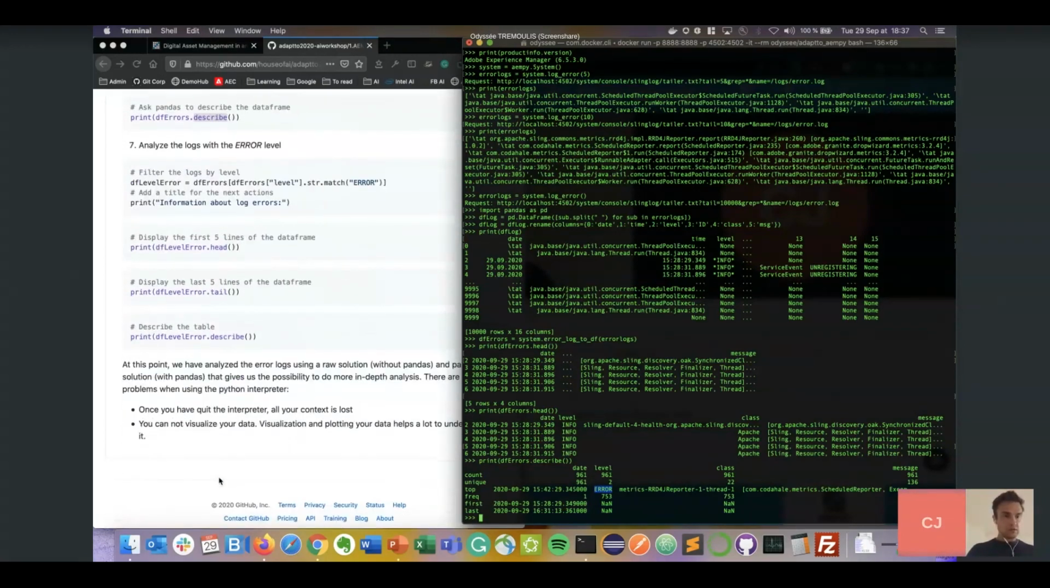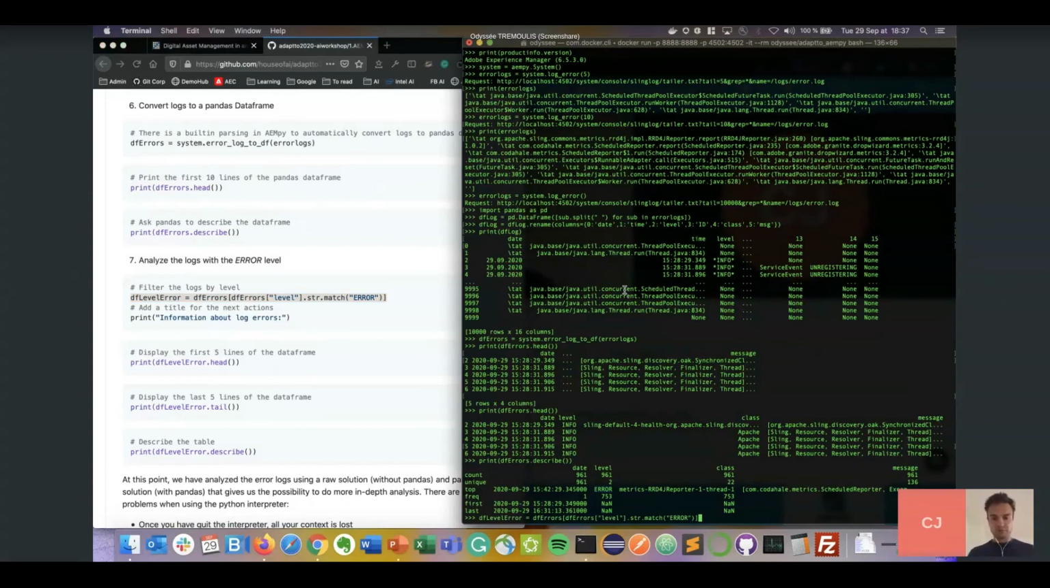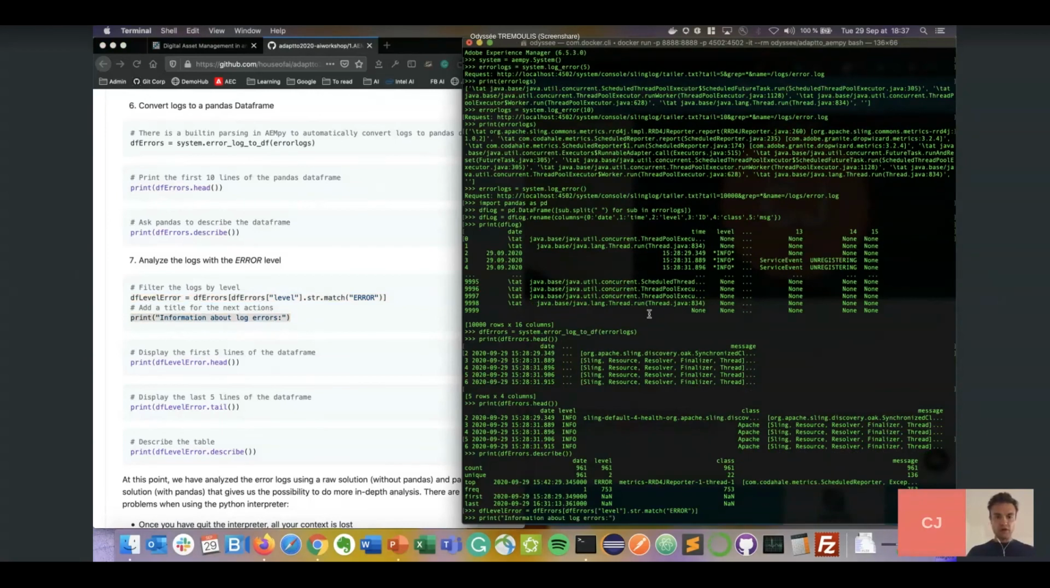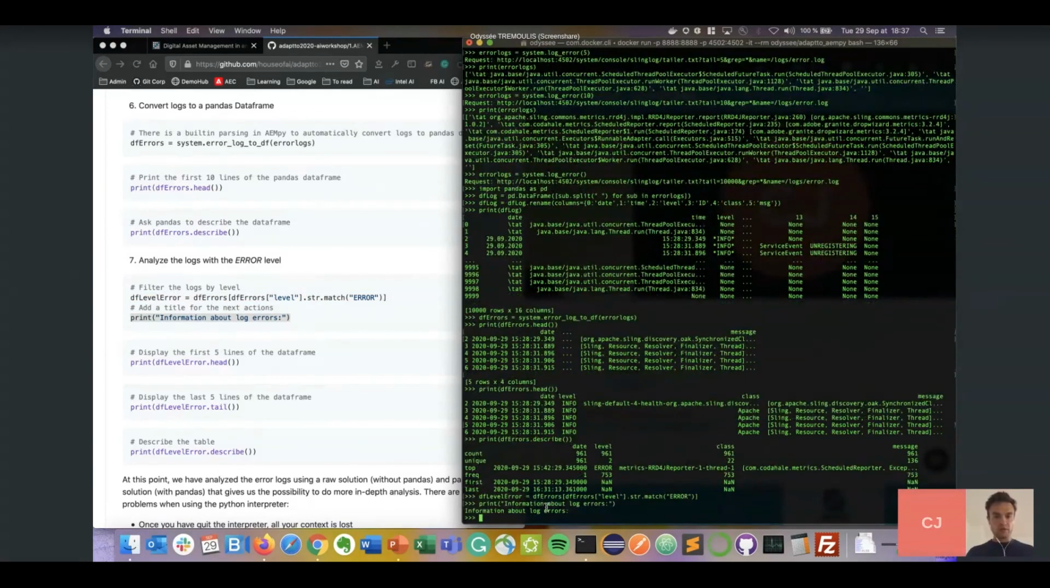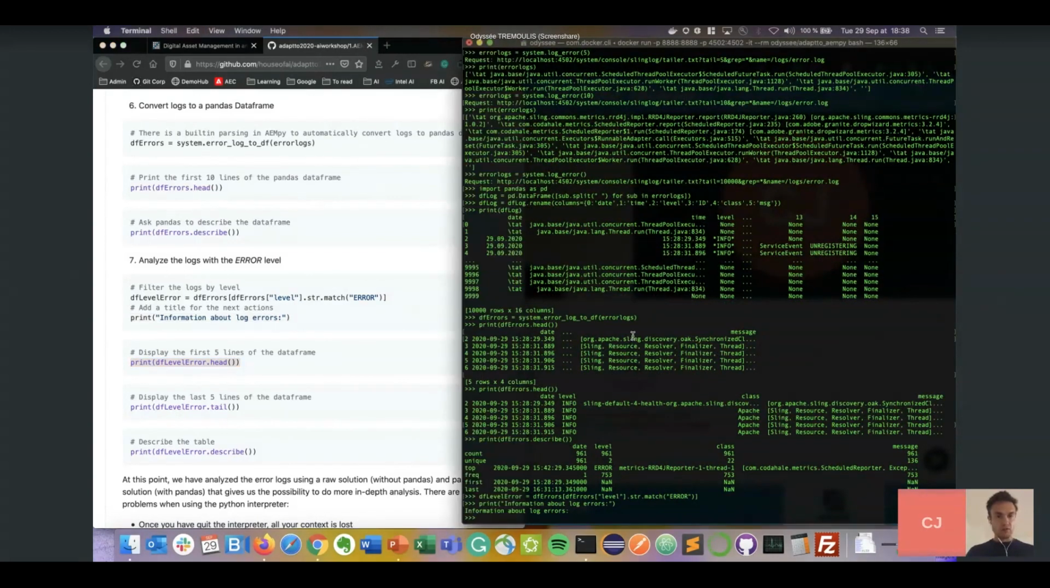All right. So let's go on to the 0.7. I want to analyze my logs in a deeper way. I want to check the error logs. All right, so I copy this line and I filter here by error logs, just printing a title here about information on log errors, it can make things easier to read. I will print the 5 first lines